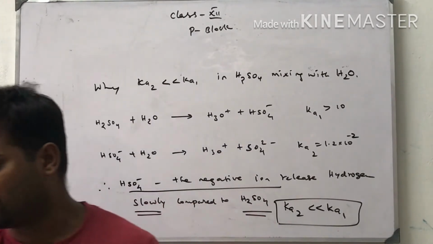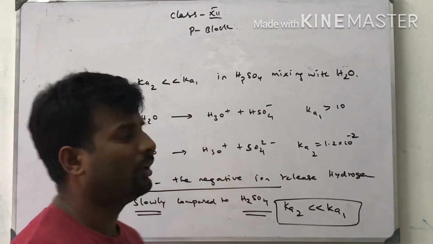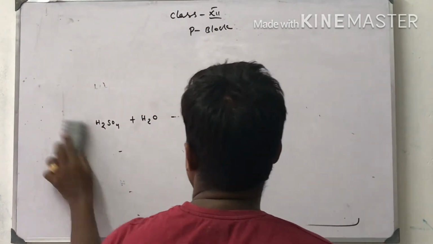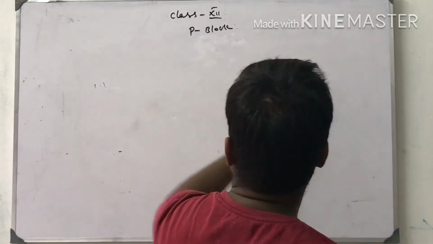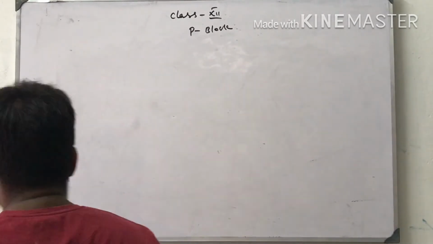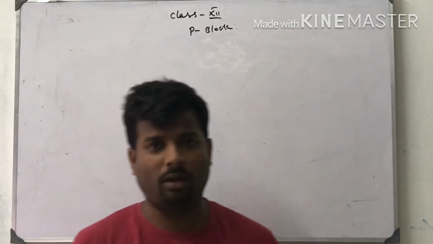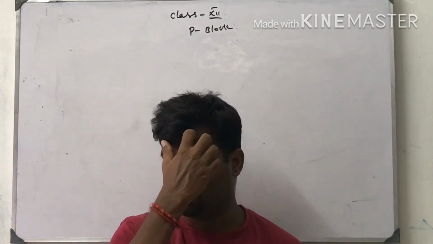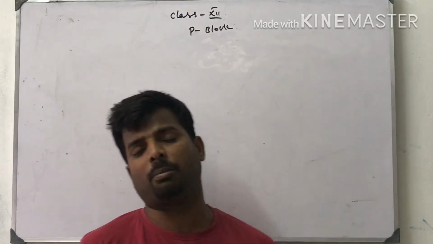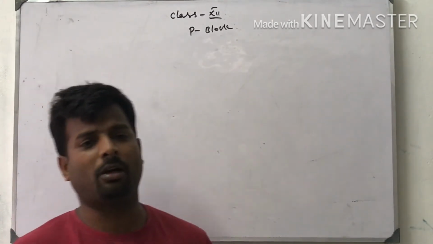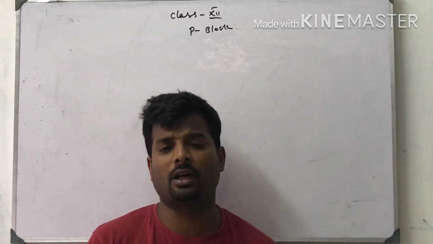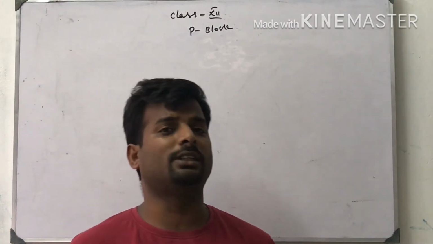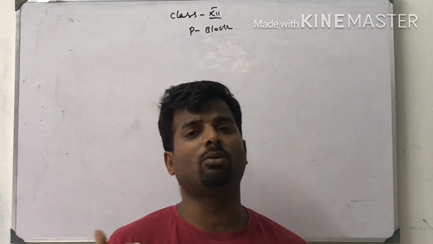Next we are going to discuss the oxyacids. What do you mean by oxyacids? Oxyacids of sulfur. There are many oxyacids formed by sulfur. The oxyacid formation is due to the vacant d orbitals present in sulfur. Sulfur is a big atom. It contains empty d orbitals. So it has variable oxidation states, and it will form many oxyacids.